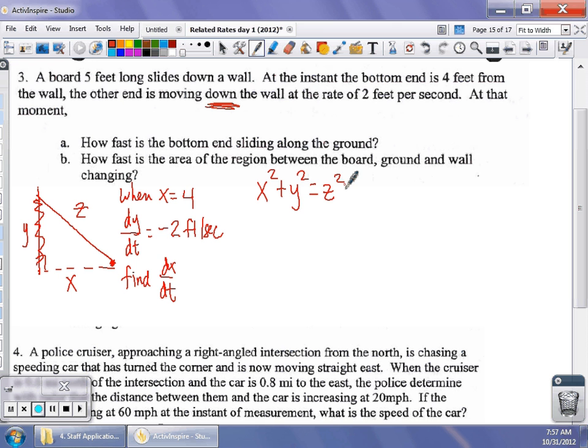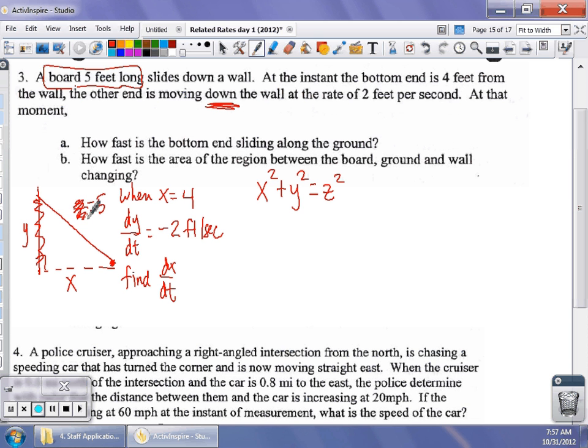The board is 5 feet long. Now, this is one of those situations, and pay very careful attention here. The board is 5 feet long. The length of that board is never, ever going to change. It's 5 feet long. So instead of letting that be a variable, instead of letting that be z, I'm going